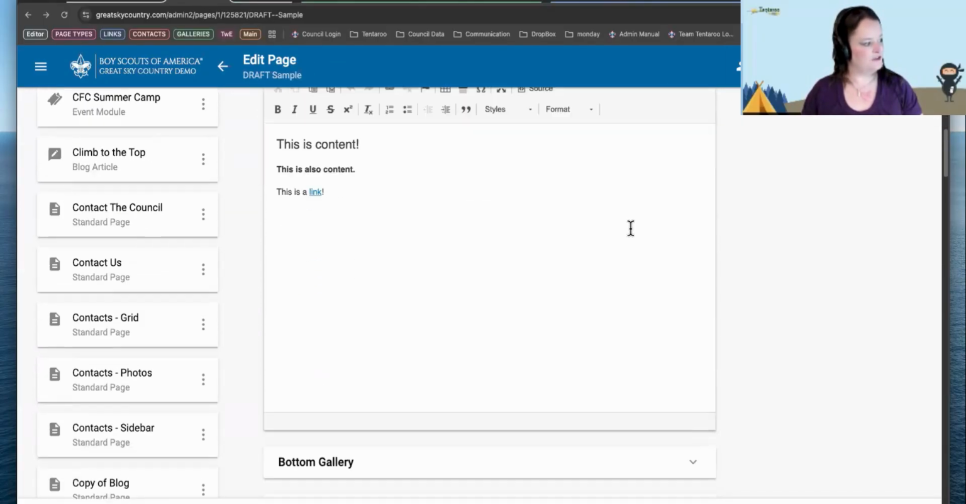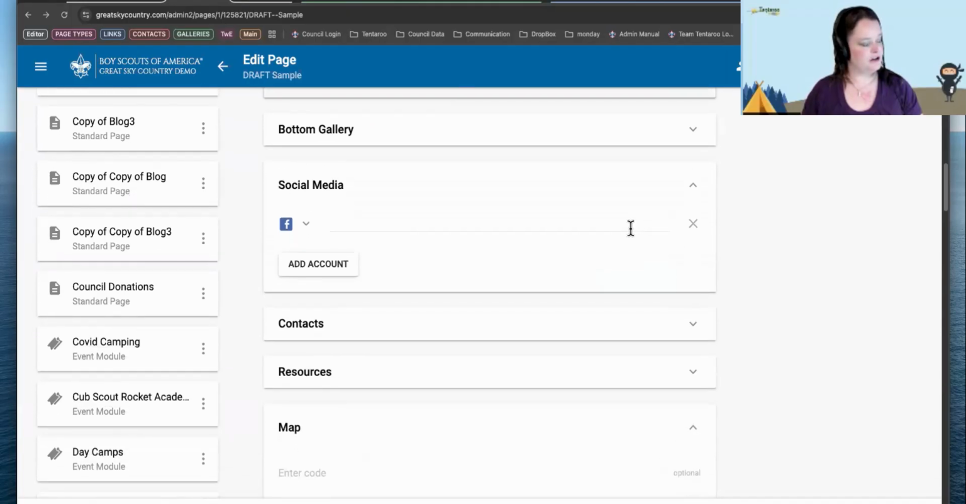All right, after the bottom gallery card is the social media card. This is where you can set social media accounts to show on just this page. These accounts can be specialized for this content. For example, if you have a different Facebook page for your